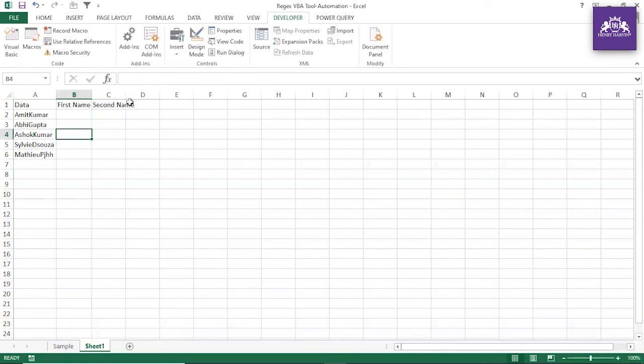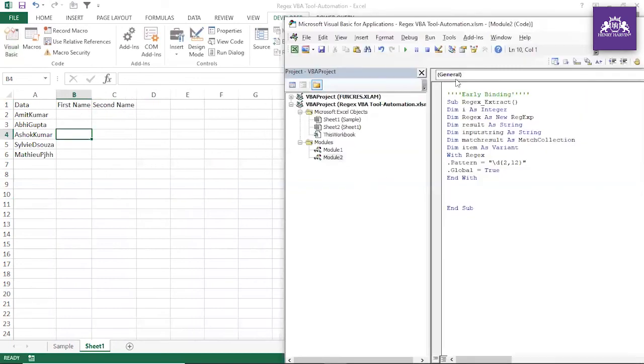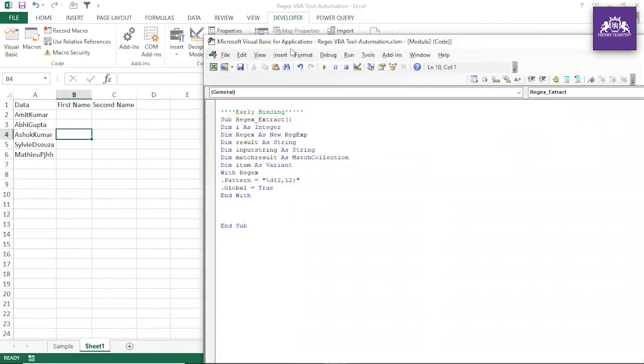Very simple actually, the pattern. So as I mentioned already, how can we define the pattern here? Guys, very simple. We have to write in this A to Z, and then again we have to write A to Z, and then we have to add plus. This is the pattern. Very simple.